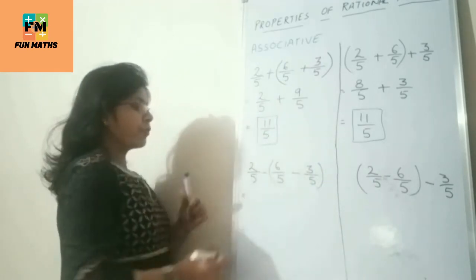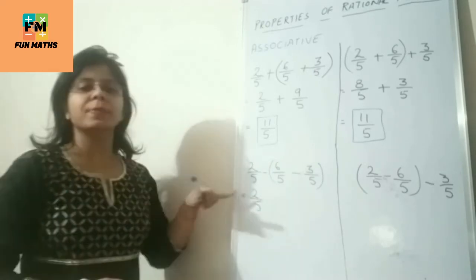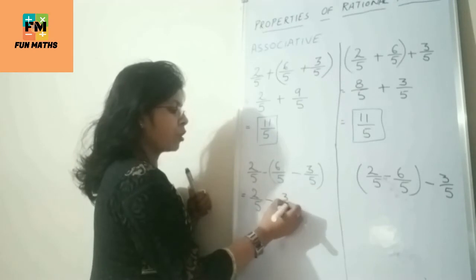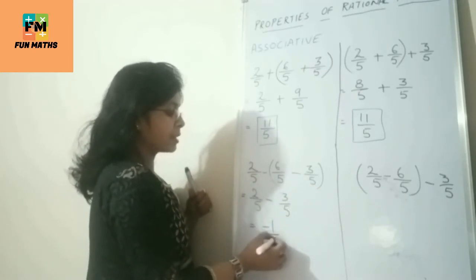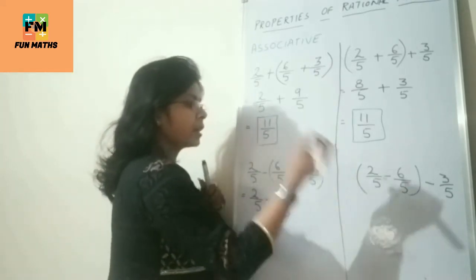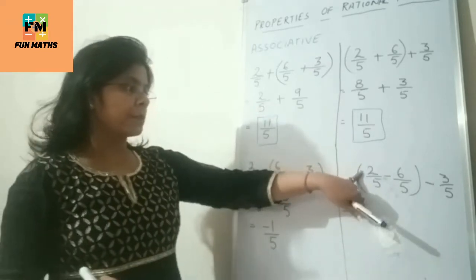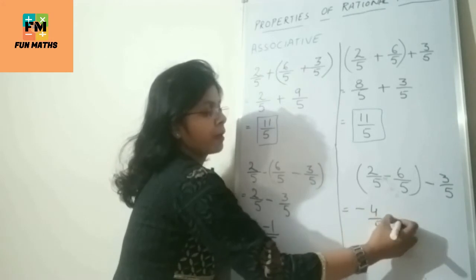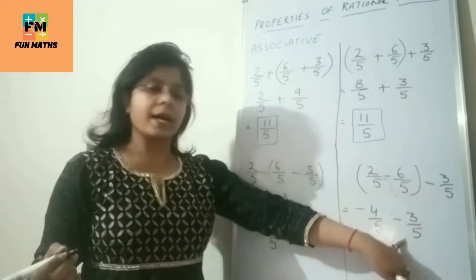Alright. So when I start solving this, first I have to write the first rational number, because as per the BODMAS, we have to open the bracket first, right? So 6 minus 3, we all know 3, 3 by 5. Now 2 minus 3, we have learned this in integers that it would be minus 1 by 5. Now let's start here in case 2. So first we have to solve the bracket. It means 2 minus 6, we all know that is minus 4 by 5 minus 3 by 5. We have copied this number as it is.